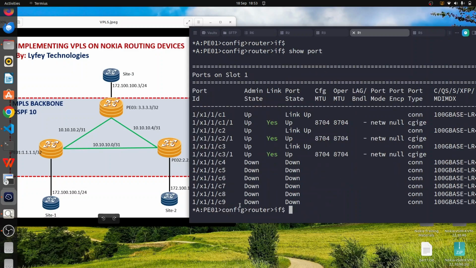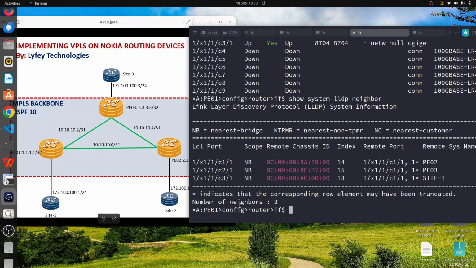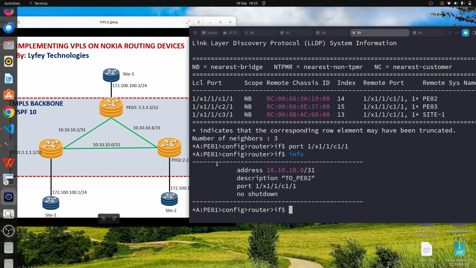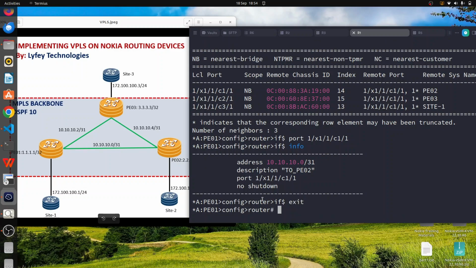So if I show system LLDP neighbor, you can see that this C1 is the one connecting to P2. So I can do port and copy this port. So if I do info, you can see that we have an address assigned, we have description, and we have the port. So exit, we can configure another interface to P3,